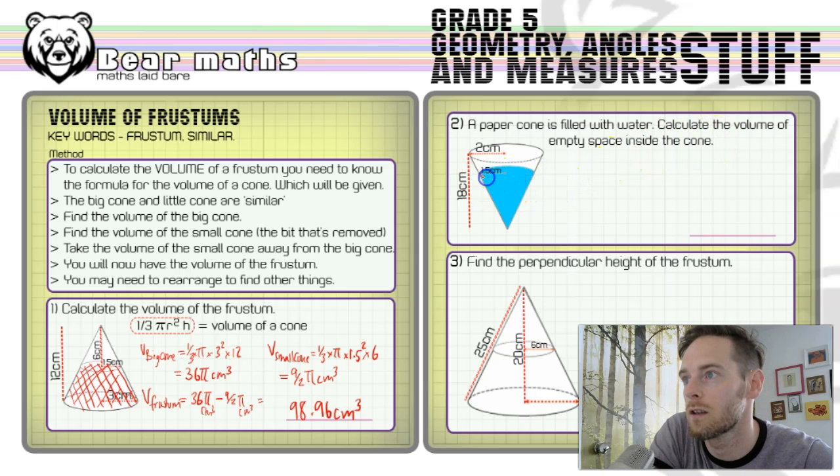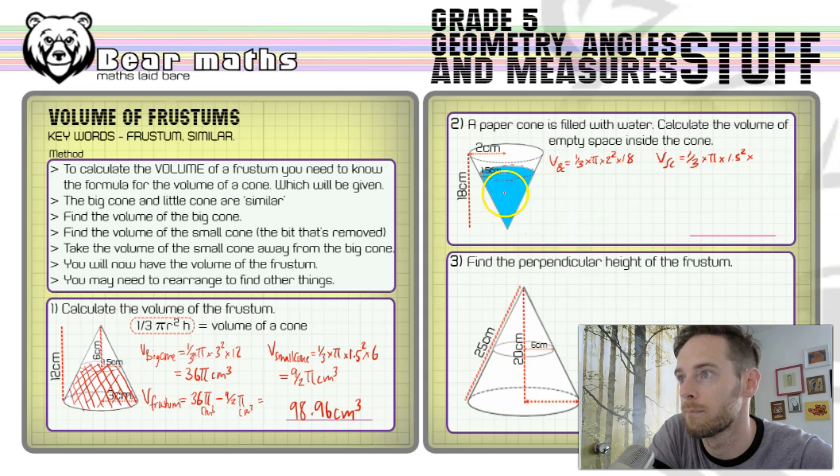Now, if we think about the big cone and the small cone, this empty space happens to be a frustum. So we can work out the volume of the frustum here. The volume of the big cone, VBC, equals 1/3 multiplied by pi, multiplied by the radius, so that's 2 squared, multiplied by the height, which is 18. And then the volume of the small cone is equal to the same thing but with different numbers in it: 1/3 multiplied by pi multiplied by 1.5 squared multiplied by